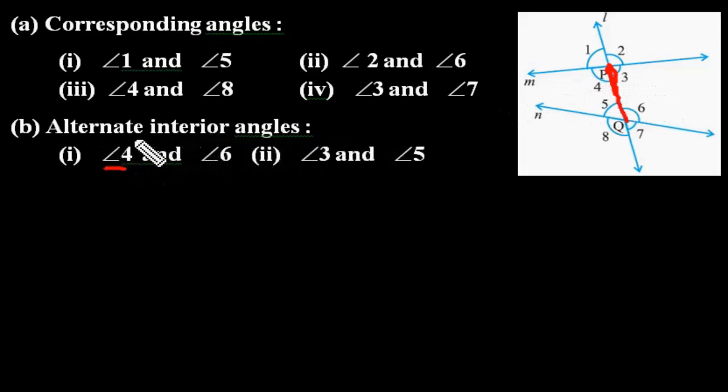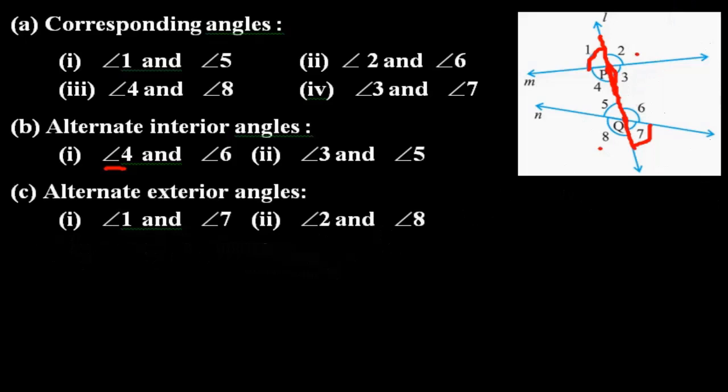Similarly, we have alternate exterior angles. What will that be? That should be an exterior angle. Let us take angle 1, an exterior angle. So which will be the next alternate exterior angle? I have taken the left side of the transversal, now we have to see the right side of the transversal, an exterior angle. That is angle 7. So angles 1 and 7 are called alternate exterior angles. Similarly, 2 and 8.